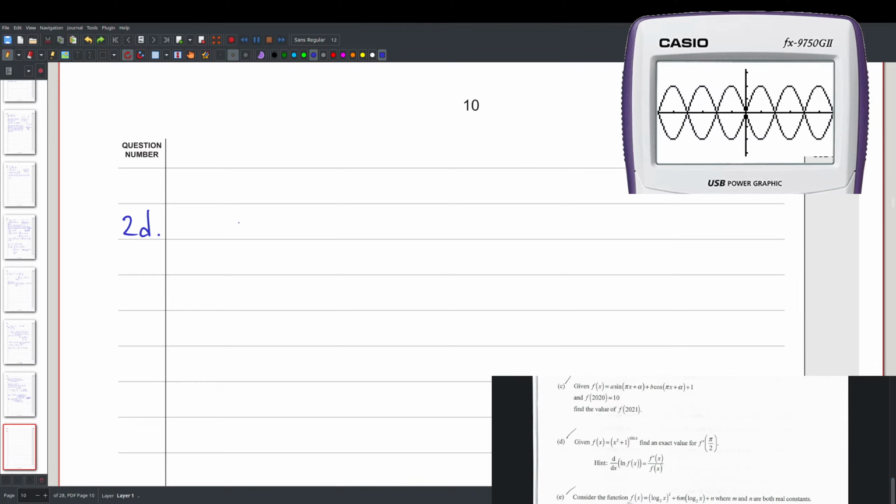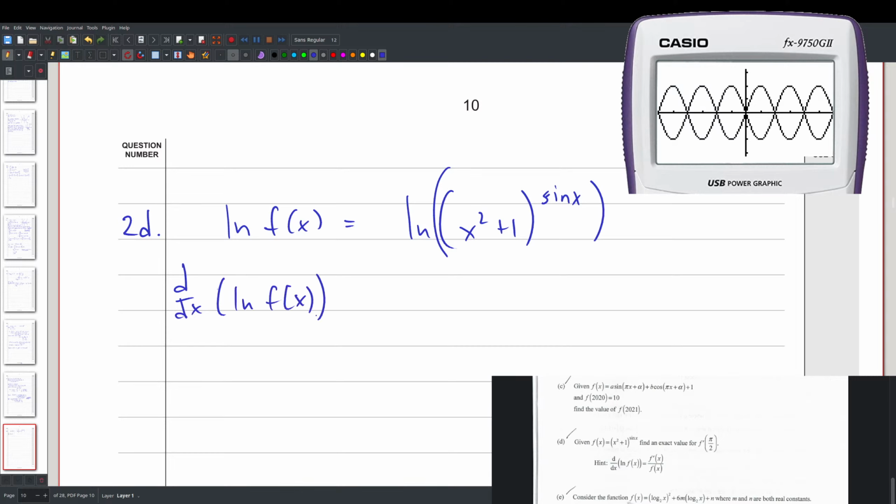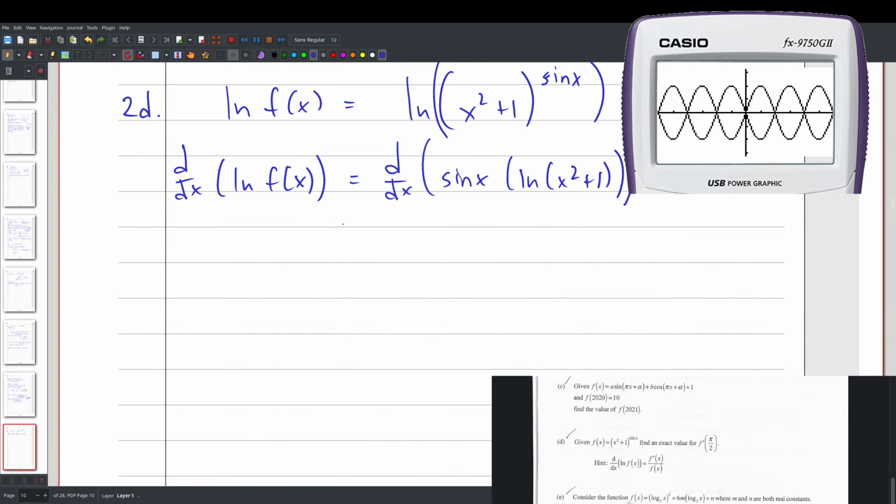Ln f(x) equals ln of (x squared plus 1)^(sine x). Alright, so d on dx of ln f(x) is equal to d on dx of sine x ln(x squared plus 1). Yep. Alright, and then we go f prime x